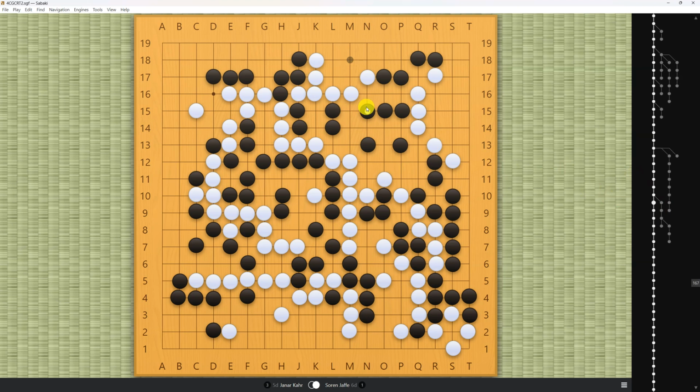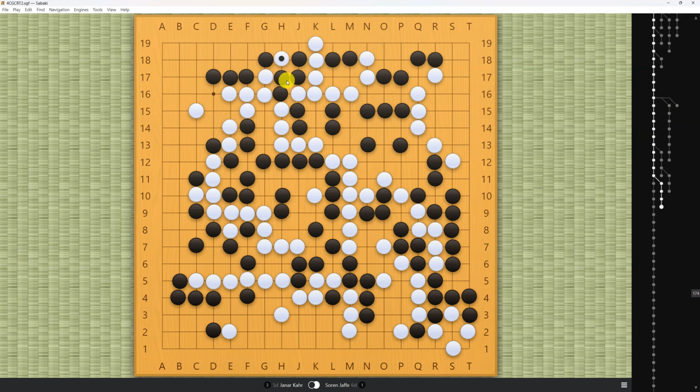And I'm looking at this board, and I'm like, okay, I'll just play there. And black's like, I'm going to kill you. So I descend. This is a nice tesuji to know, by the way, because if black continues to try to kill you, you can push, throw in, atari, and capture. So this is a good